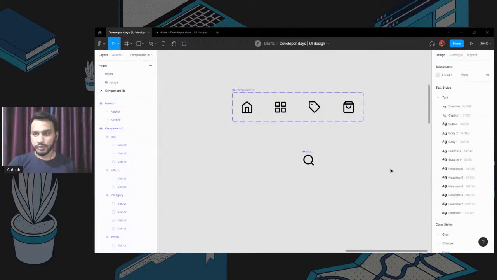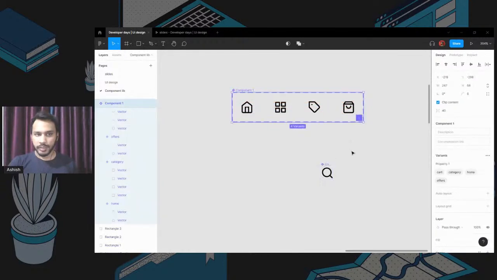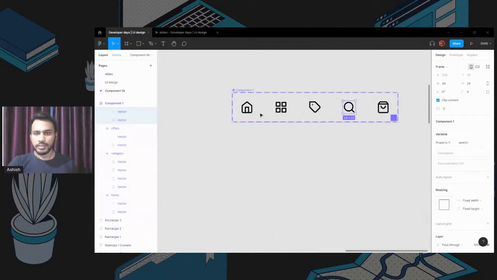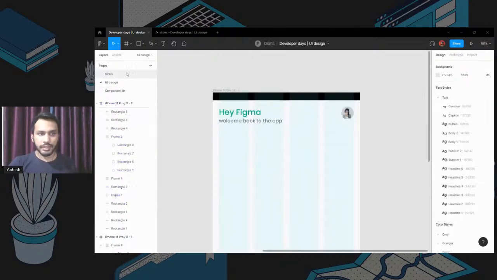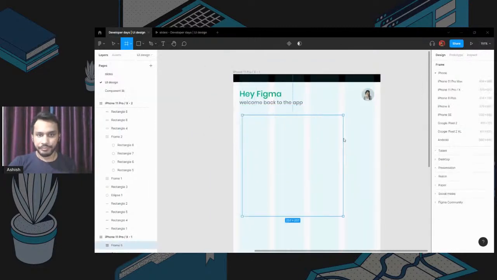After that, I can add this to the variant, but I usually make the component or the variant auto layout. So when I try to add another element, it's going to adjust spacing around it. So it's a little more organized for the eyes. So let's get an icon. So first let's create the